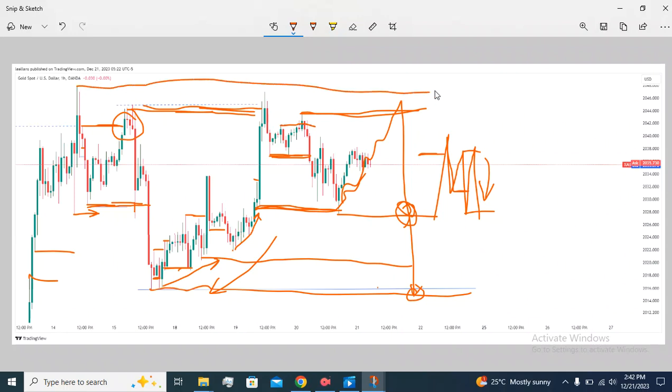But even if that happens, we have collected good pips here, right from this setup. We also have this one here, right to this place. That's a good amount of pips. Yeah, because when you watch this market on the higher time frame,